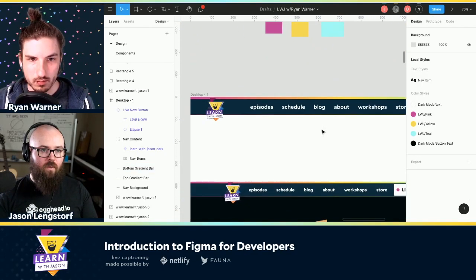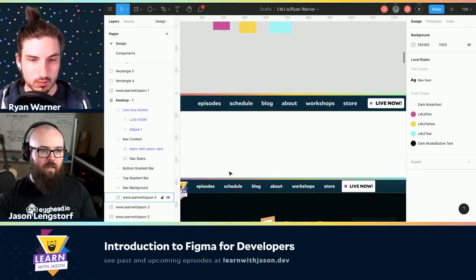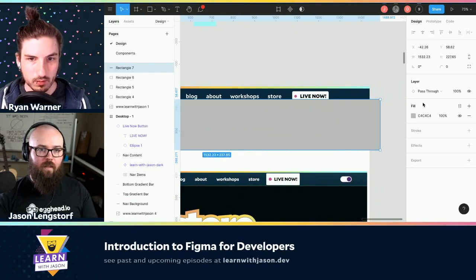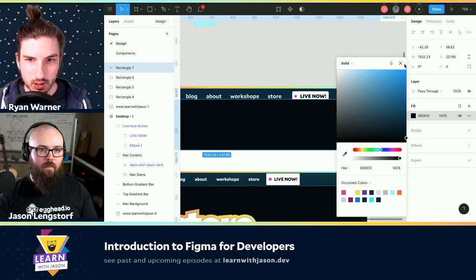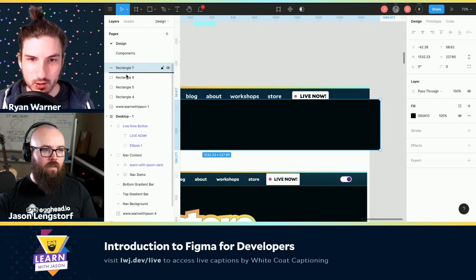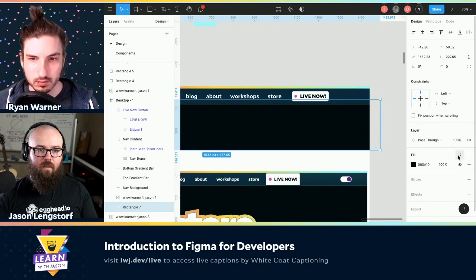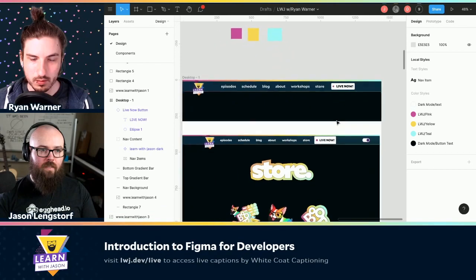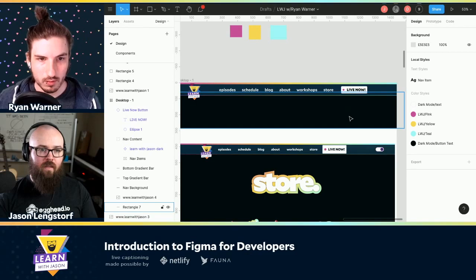Cool. So that doesn't show up much on the light background, but if I take a rectangle over here, and we'll make it the dark background, and then I believe that's the same color as your button text. Oh, it is. Okay, so we could just grab that, probably color not style. A terrible idea. So now we can see that's looking pretty similar. We've got some spacing differences and stuff like that.